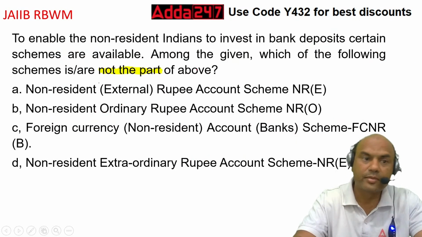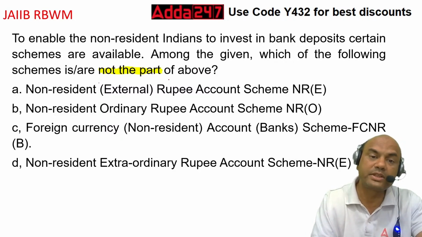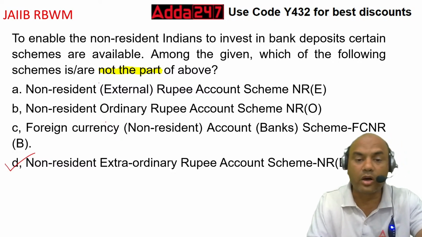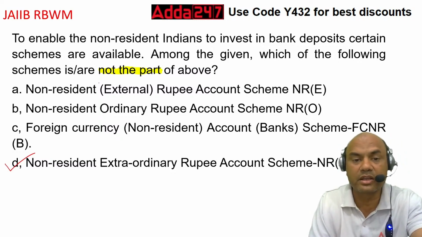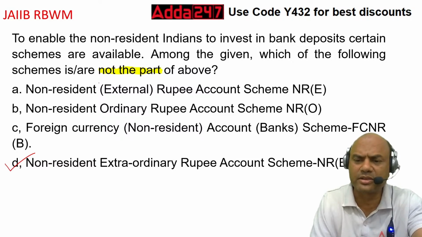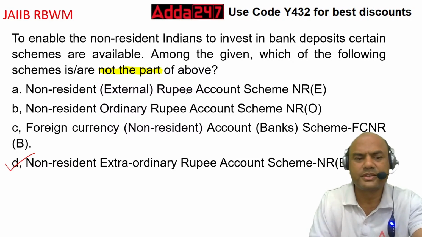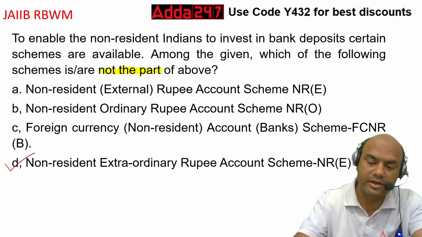Okay. So now, which of them is not the type of account? So this is the answer. Non-resident extraordinary. What is this? Rupee account scheme. What is this? There is nothing called as such scheme. Okay. So this is not the part. Second,